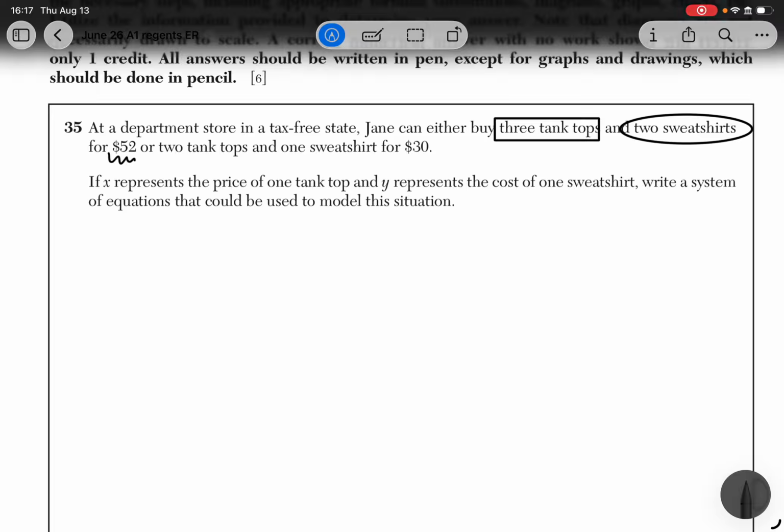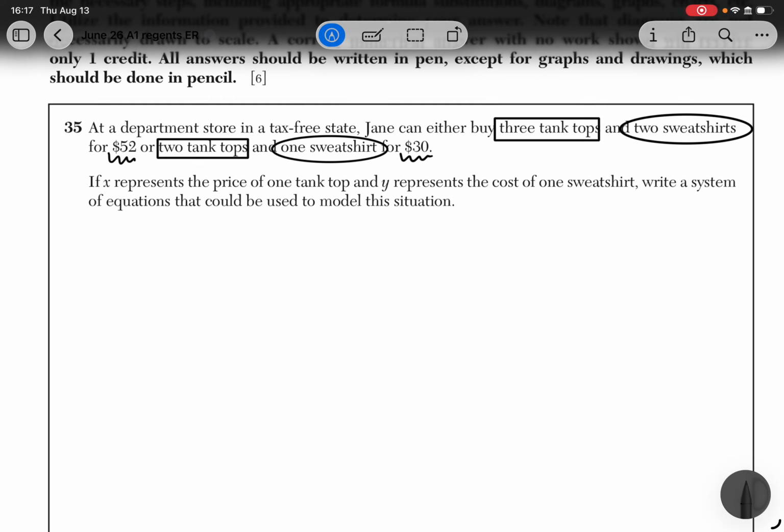our total, or our other equation here, 2 tank tops, and then 1 sweatshirt, and that is for a total of $30. So we have 2 equations that are given to us here, and I'll get into the next part in a sec, but let's write those 2 out. So we're going to start with the first part, where she can buy either 3 tank tops and 2 sweatshirts